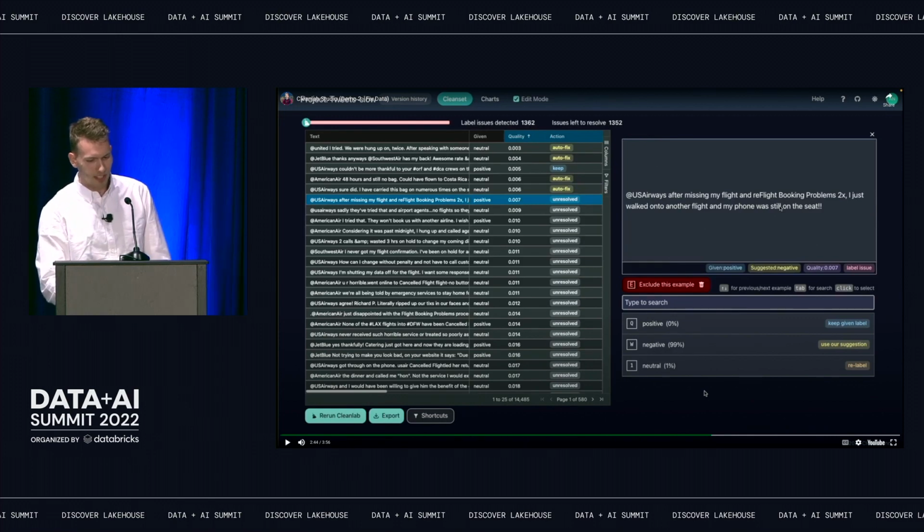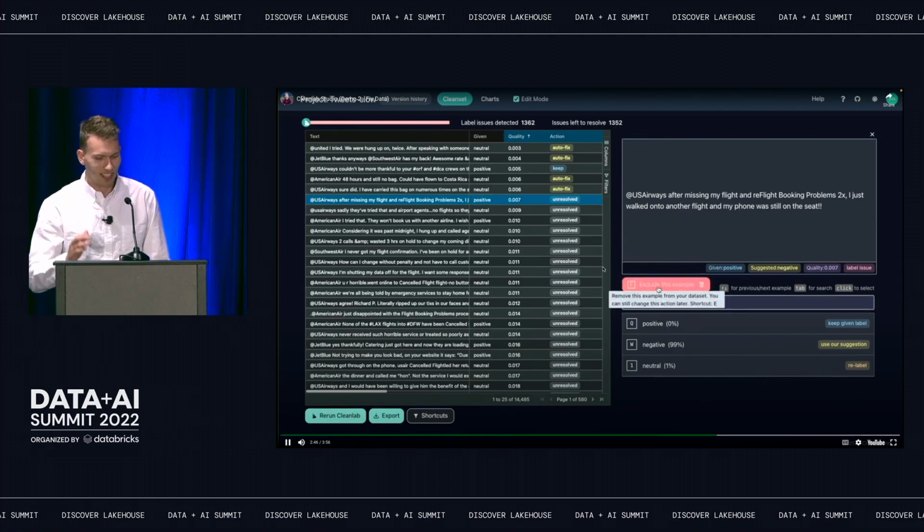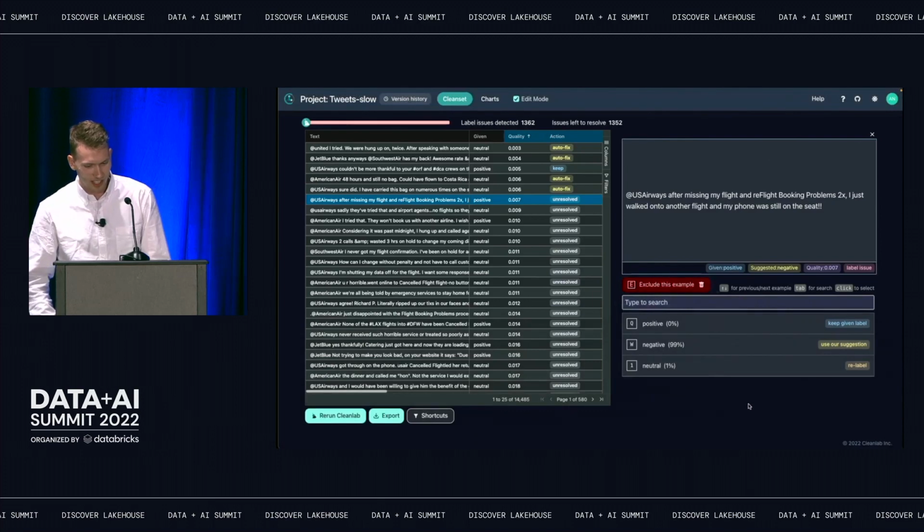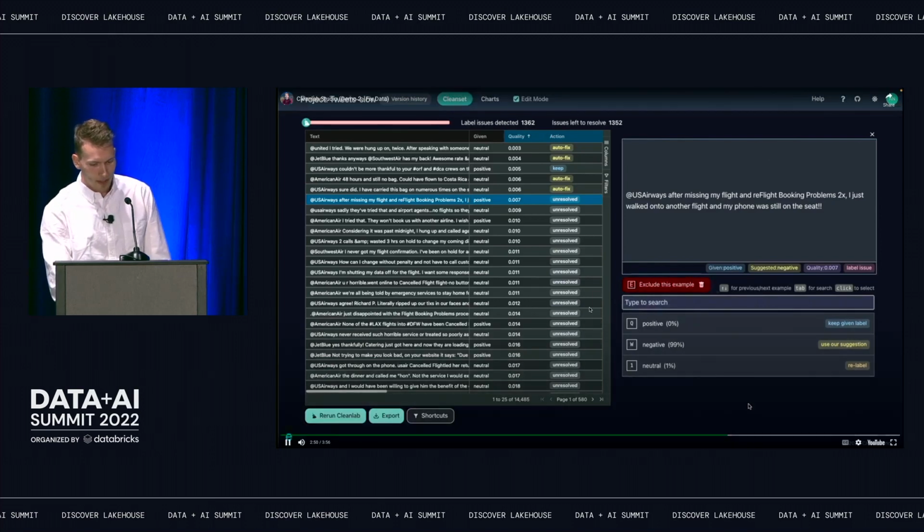Because that would mean that this is a wormhole or something. So it's very weird. And so the way that you might have weird stuff in your data, we allow you to just exclude it. And so that's what this is showing, just press E and just get that out of there because that's very strange. I don't know what the sentiment would be with that.